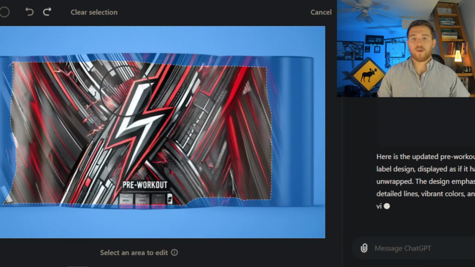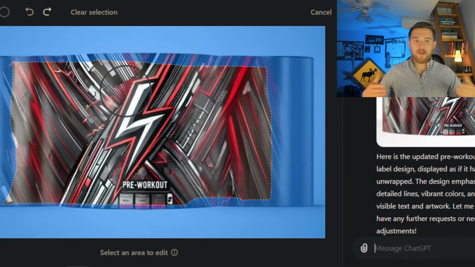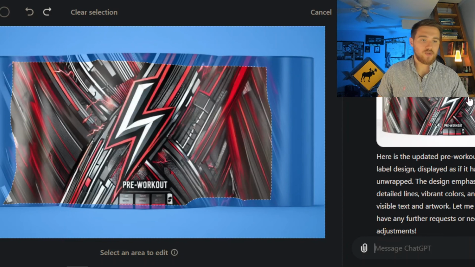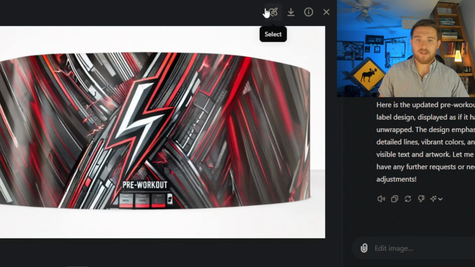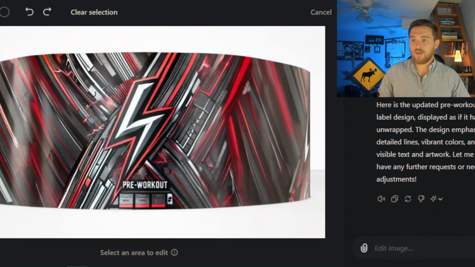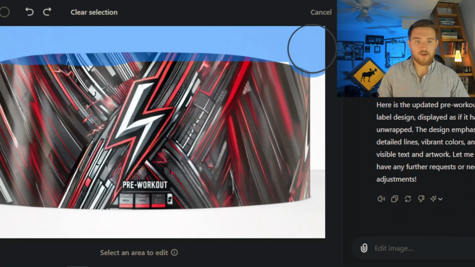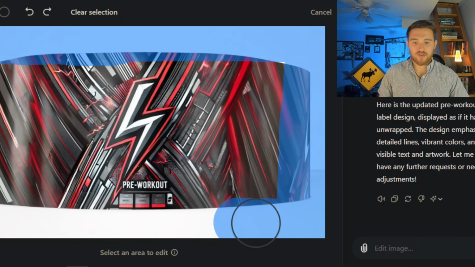But you kind of want to focus on one thing at a time, like unwrapping it, and then you continue to unwrap it until you get it fully unwrapped. And then once you get it fully unwrapped, you can then focus on removing all glare or changing sections of it that you don't like. But you just follow this process,